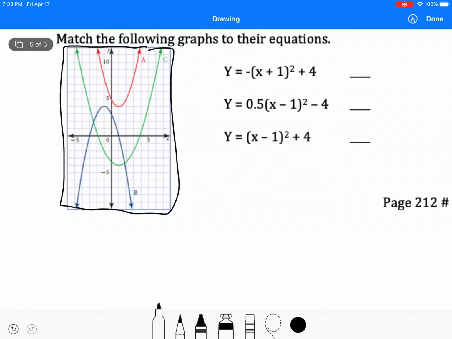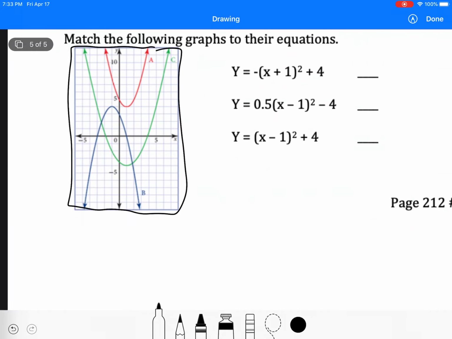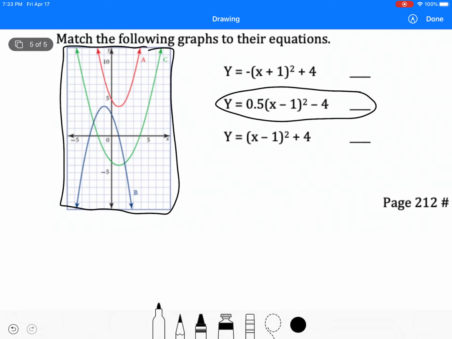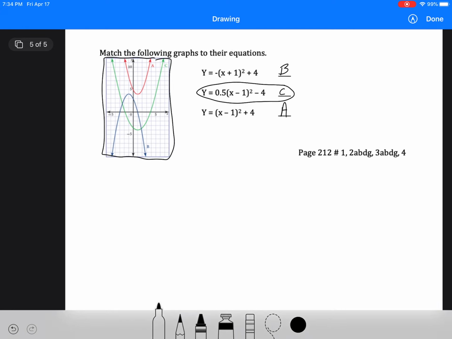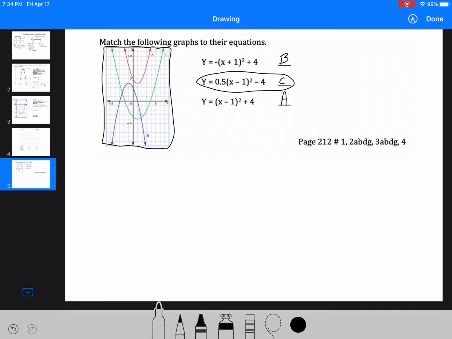All right, so looking at this, this is actually quite easy if you eliminate the ones that are simple. So first, only one of these 3 graphs, A, B, and C, so we're looking at the graphs over here, only one of them goes down. Okay, so that means that the middle graph here has to be C, because it's the only one that goes down. Okay, so now I just have 2 that are going up. The red and the blue graph are going up. They're starting up. Okay, now there's 2 different ways to look at it here. One is starting on the right and one starting on the left of the y-axis, but also one's facing up and one's facing down. So whichever one's facing down has to have a -a value. Okay, so that would mean that B goes here